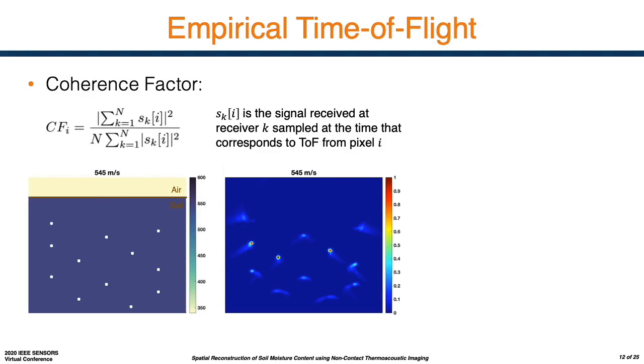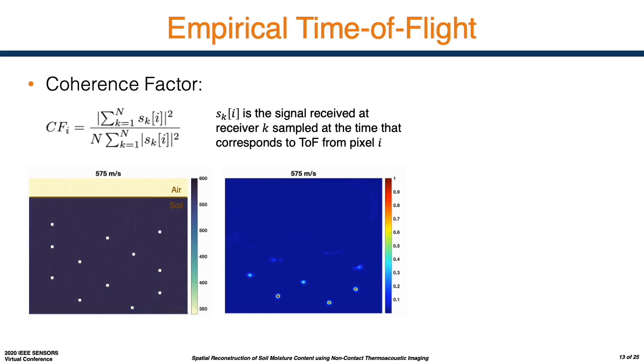The coherence factor concept is frequently used in ultrasound imaging, and qualitatively speaking, the coherence factor at the source pixel is maximized when the source is in focus. To explain this with more clarity, let's focus on the below graphics. We can sweep over uniform speed of sound values for the soil, reconstructing a coherence factor image using the above formula for each assumed uniform speed of sound. For each reconstructed coherence factor image, some sources are reconstructed in focus while others are not. The sources that are in focus have high coherence factor values since the measurement data is coherent across receiver array elements for the chosen uniform speed of sound in soil.